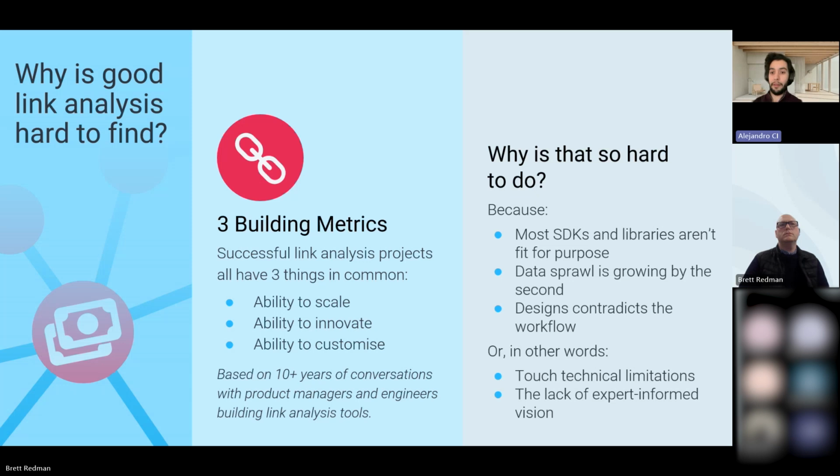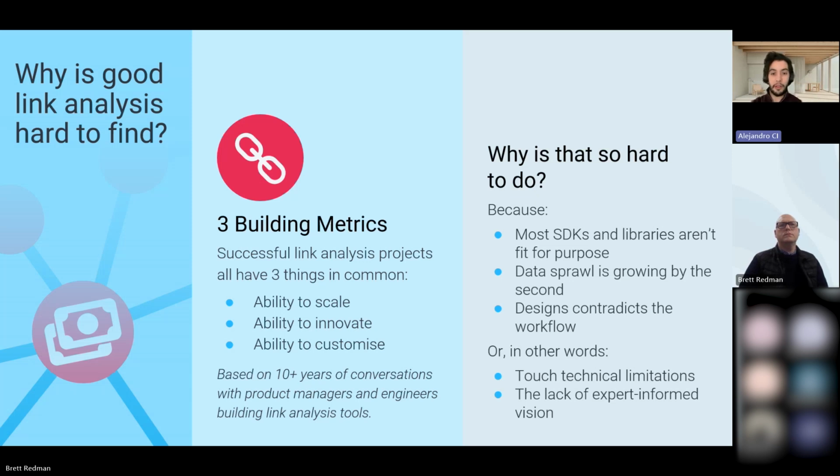Additionally, there's the ability to innovate. This is more on the technical side. Oftentimes, the toolkits that are used to build out link analysis components are open source. So that means that people have to build out their own code libraries from scratch in order to build out new features or capabilities. But that incurs a significant amount of tech debt because you constantly have to build new things over and over again instead of relying on components that are pre-designed in line with investigation requirements.